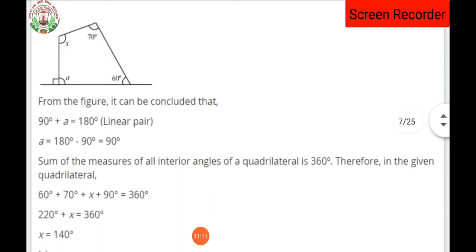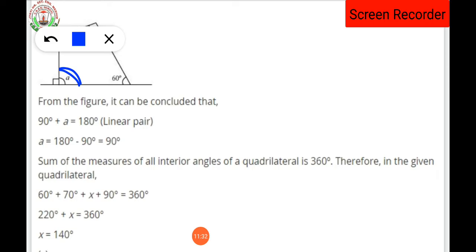In the B part of the question, an unknown A is given. This one A is given, isn't it? In place of A you can take any other alphabet, A, B, C, D, anything from A to Z except X, because here we have to find the value of X. So except X, you can use other letters.